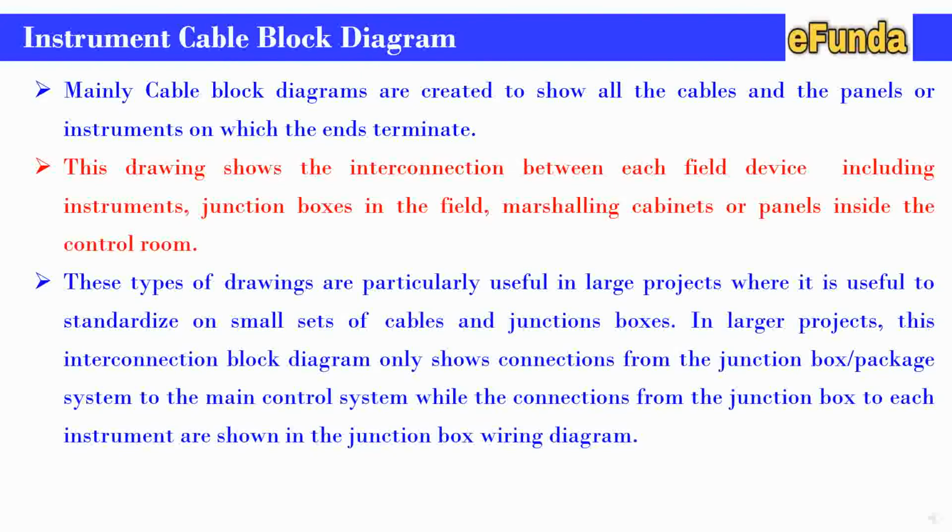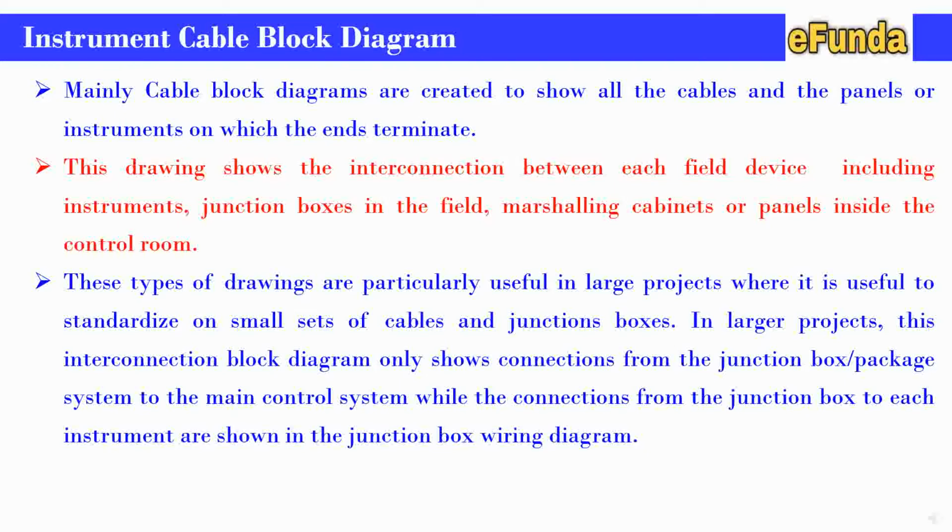These types of drawings are particularly useful in large projects where it is useful to standardize on small sets of cable and junction boxes. In larger projects, this interconnection cable block diagram only shows connection from junction box package system